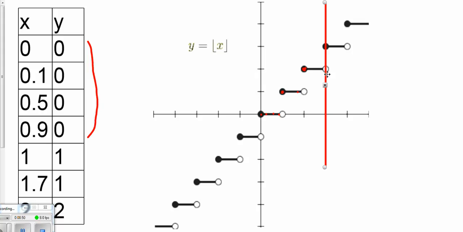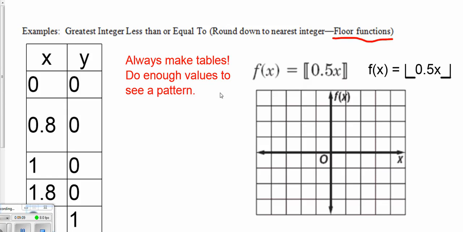But that's why this is an open circle, saying it's getting really, really close to that spot but never touching it. Once we touch this line, once we're actually plugging in 3 for x, it jumps up and is only touching right here. So that's what makes this still a function. Okay, so now that you've kind of seen what this step function looks like, that'll make it easier for plugging